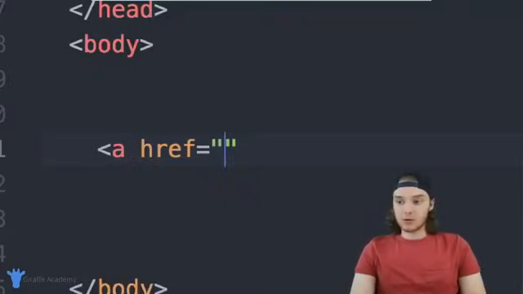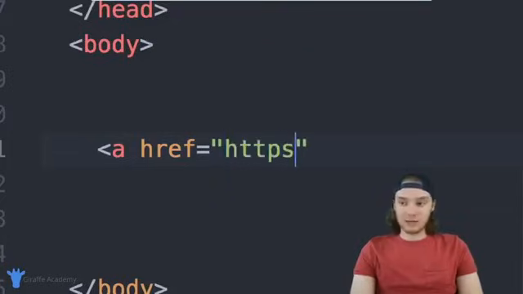So the easiest way to create a link would be to create an external link, so linking to a page that's not on our website. Imagine we wanted to create a link that would go to google.com. Inside of this href, I can just type the address to google.com. So I can say https://